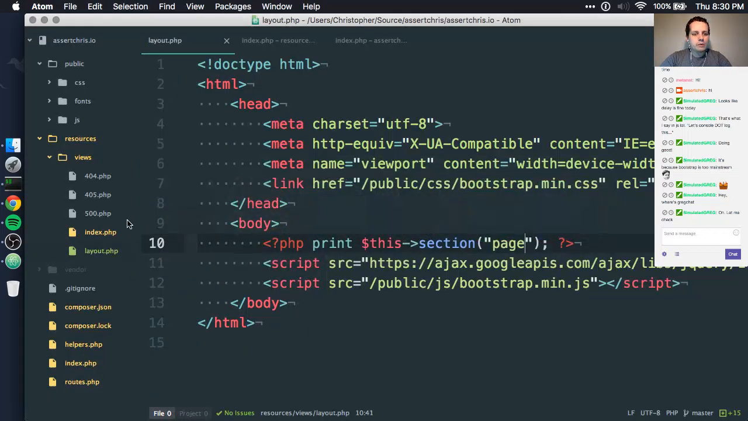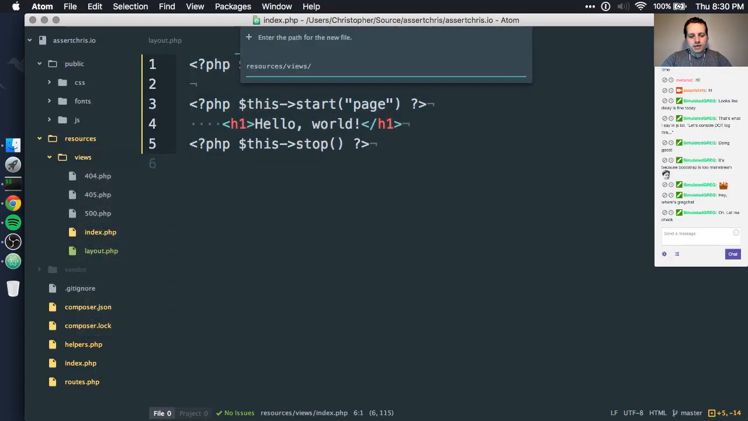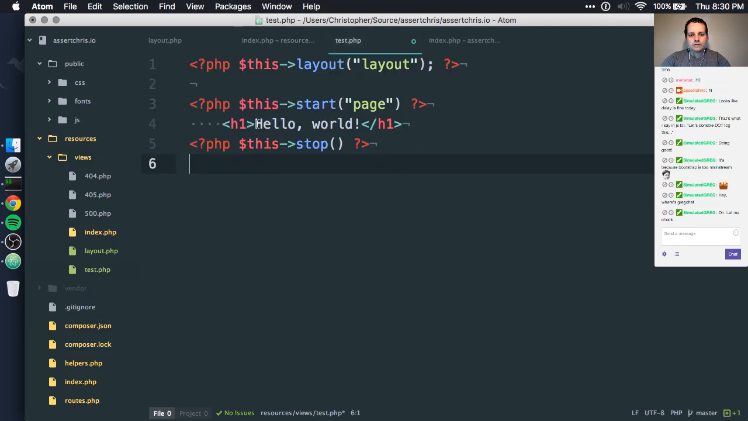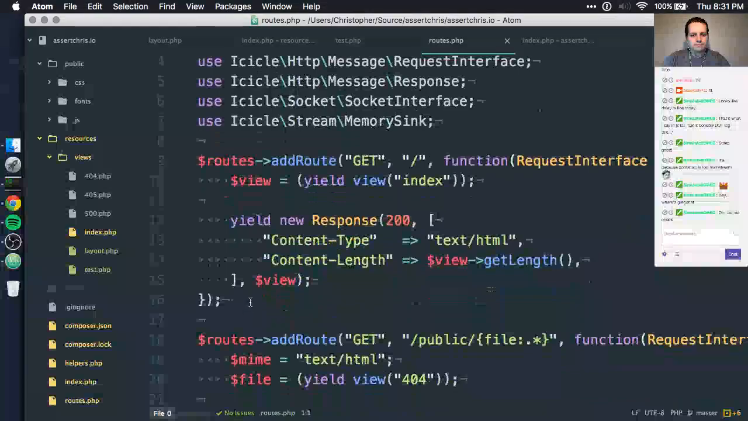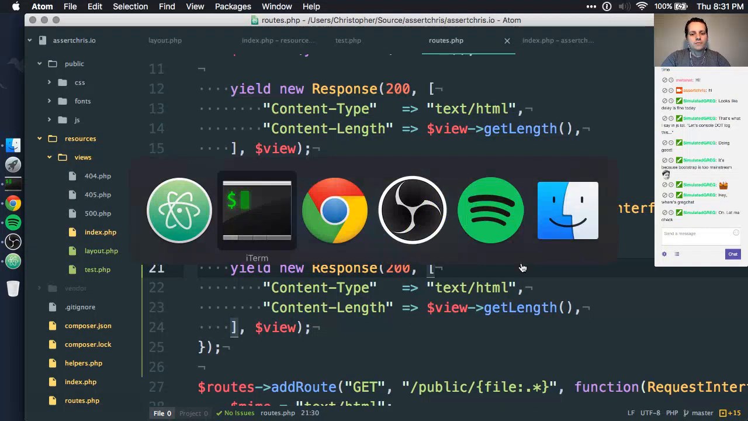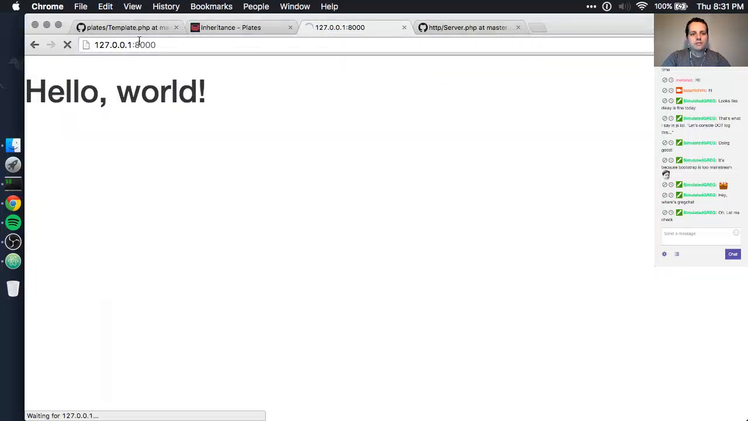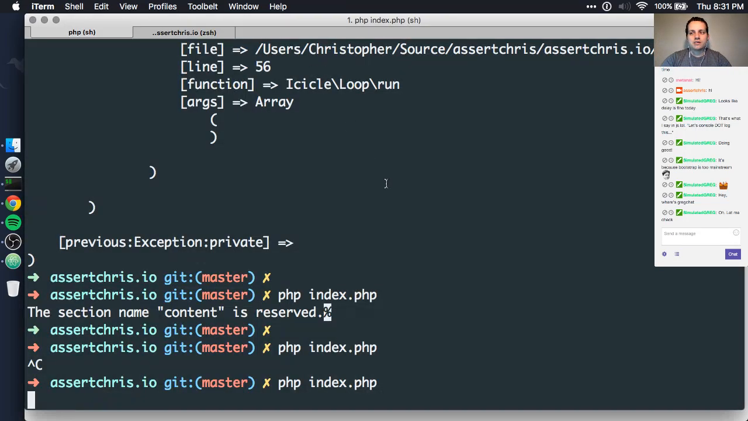So now, when we want to create new pages, we can do something like just copy this content, test, and now when we create these new routes, we can render new views. Restart the server. So hello world still works. And when we go to /test, we still have the Bootstrap styling because the whole outer markup of the page is rendered there. It actually just replaces the inner stuff. So now